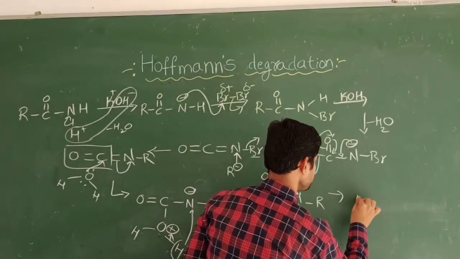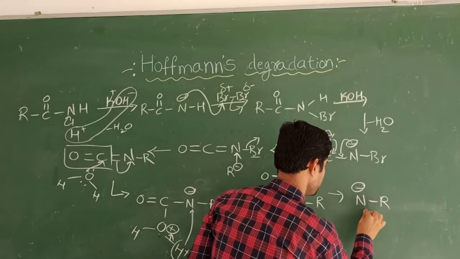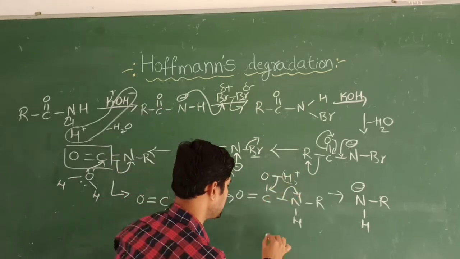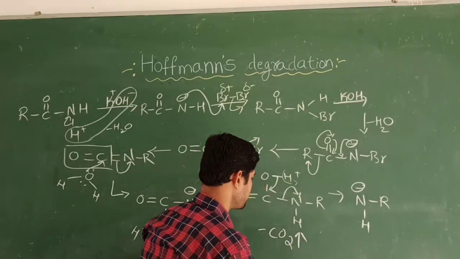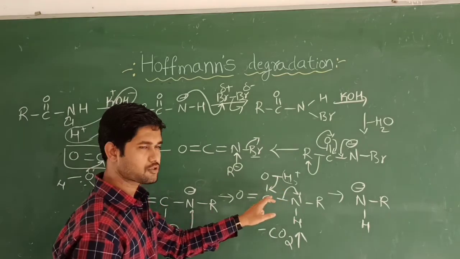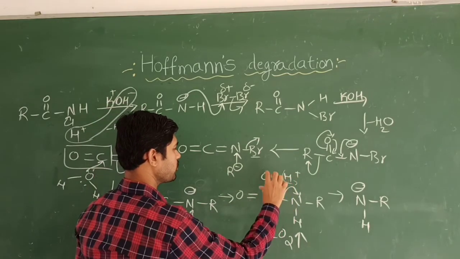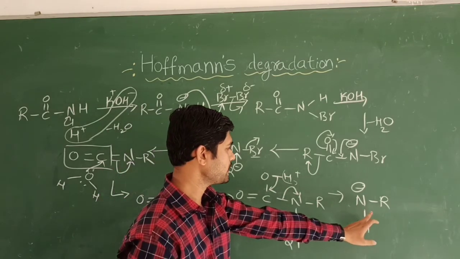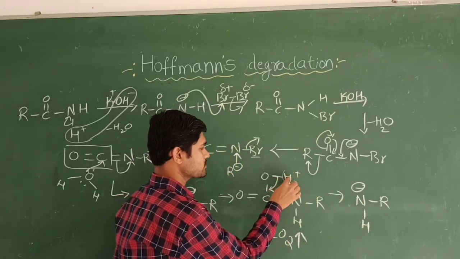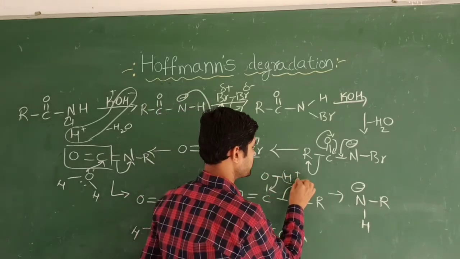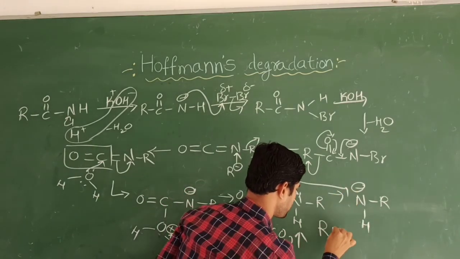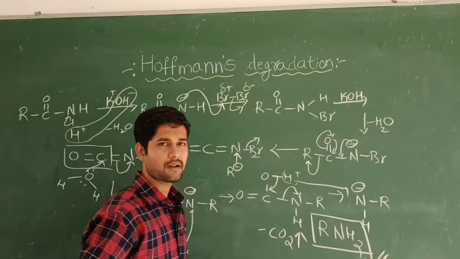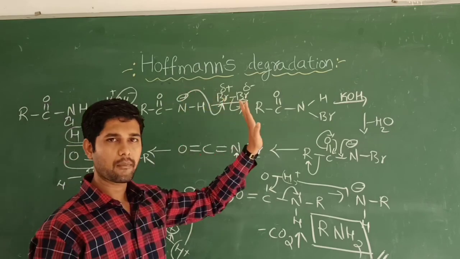Now it becomes like this, and here carbon dioxide is going to be eliminated. Carbon dioxide, which I am going to eliminate, because when this bond comes towards the oxygen atom, see here now it is C double bond O, C double bond O. That is carbon dioxide, which is a gas, and which is going to be eliminated. The remaining steps I am going to write like this: RNH minus, and this hydrogen eliminates as H plus. This H plus attacks this hydrogen. Finally, we are going to get the product as primary amine, that is RNH2. So this is a beautiful mechanism of the Hofmann bromamide degradation.